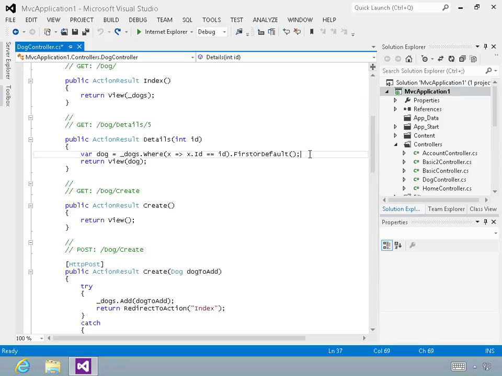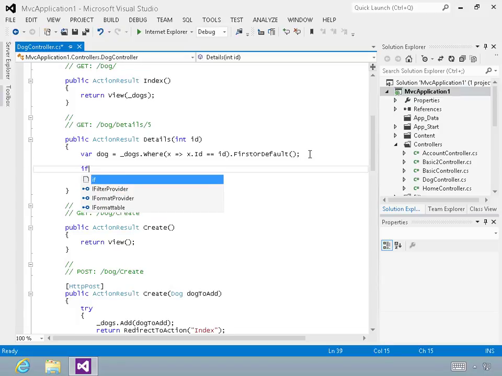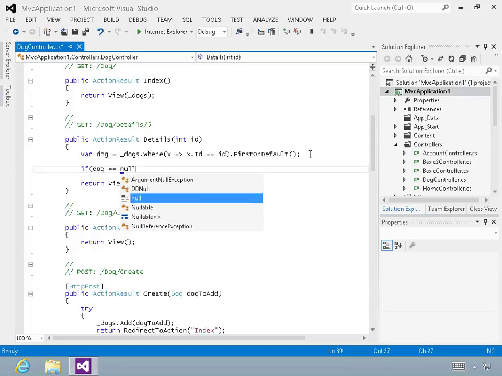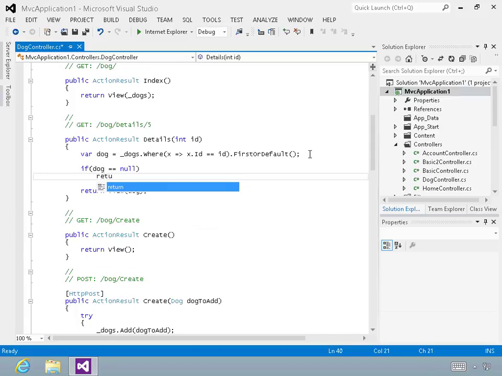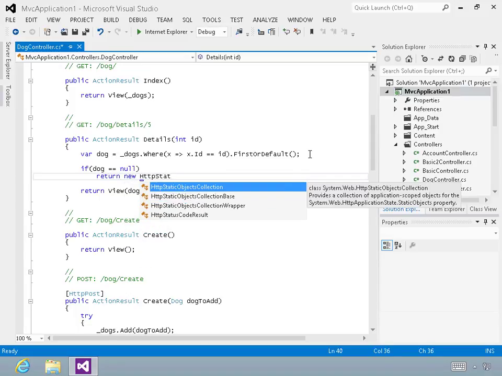So in this case, I'm going to return a particular result. I'm going to return the HTTP code result if the dog is null. Now, I do want to say that this might not be the most elegant way to handle this particular situation, because what I might want to do, just to be more user-friendly, is if the dog is null, I might still want to return the details view, but maybe just have a message in there that says, you know, this dog wasn't found, or whatever it is I want to do. I might not want to actually throw this HTTP status back. But depending on what you're doing and how your application is being consumed, returning the code may be exactly what you want to do. So for the purposes of demonstration, I'm going to return a new HTTP status code result,